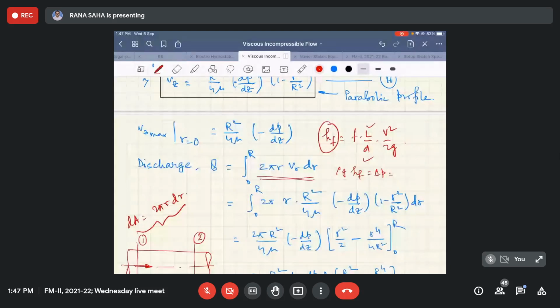So it will be rho F L by D, right? G will remain, rho G F L by D, V square by 2G. The G will cancel. So here you can see this delta P is a function of V, that is the velocity, in square,